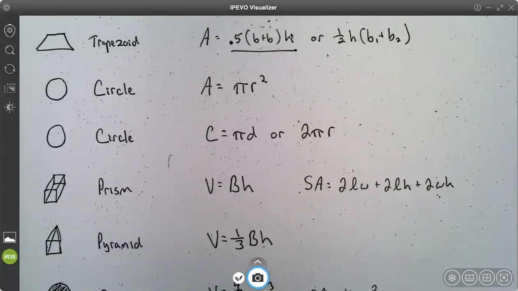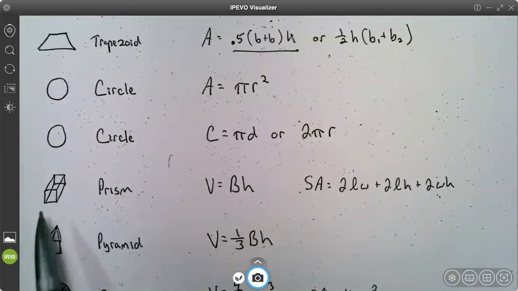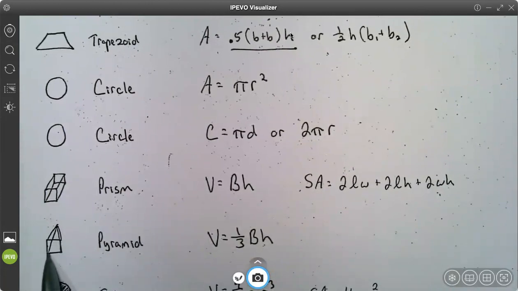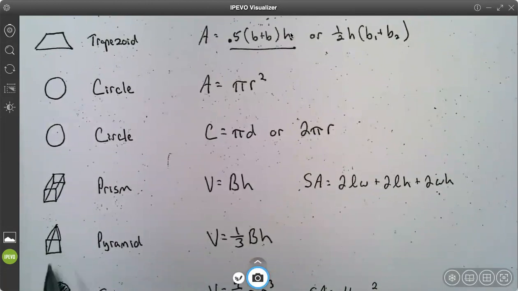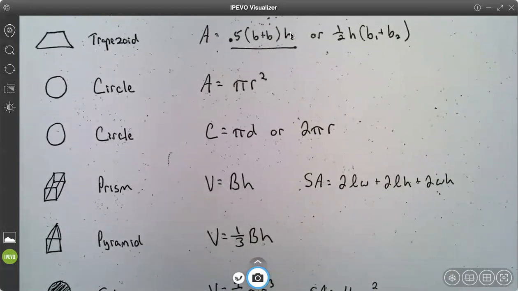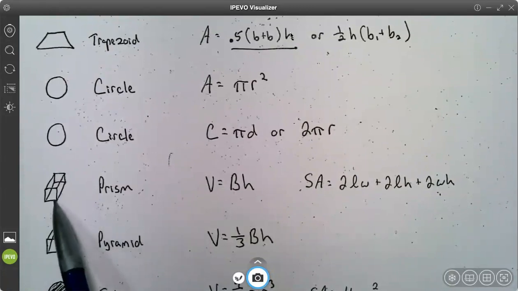This video is on finding the volume of pyramids. If you have a prism and a pyramid, and the area of the base is exactly the same. For instance, if this square were a 3 by 3 for an area of 9, and this square were a 3 by 3 for an area of 9, and you were tasked with finding the volume where you had to multiply it by the height or depth of